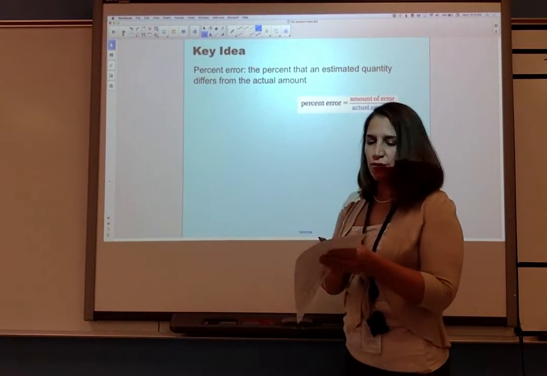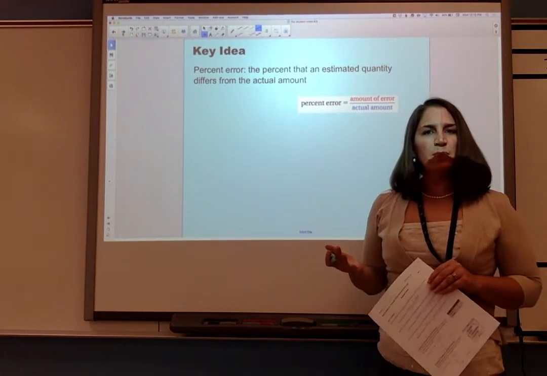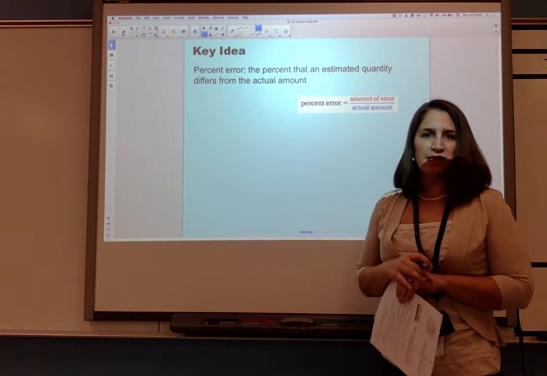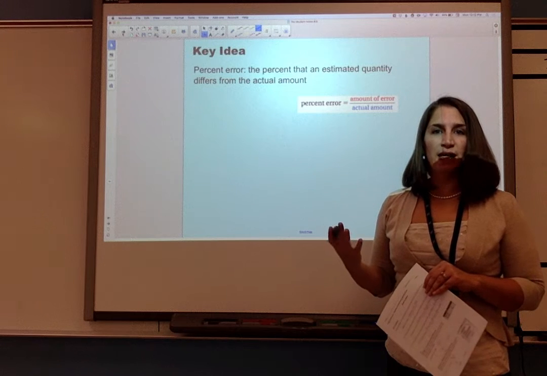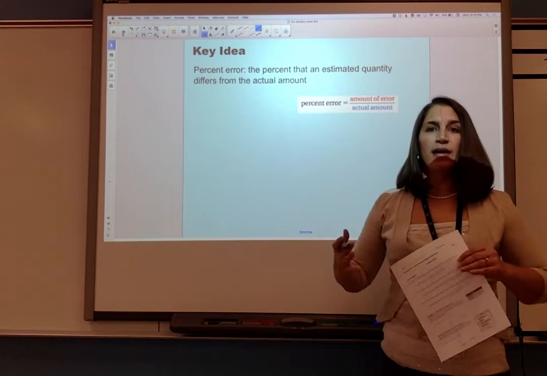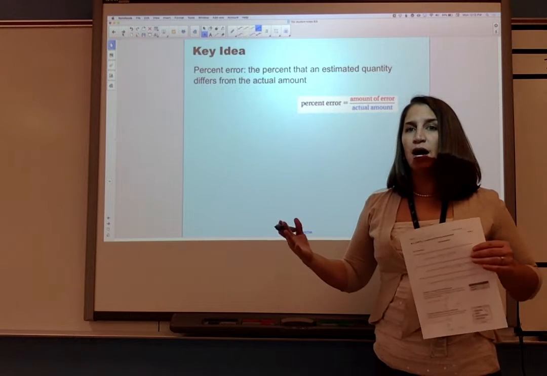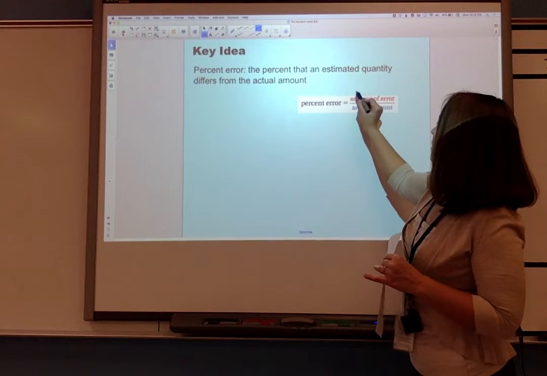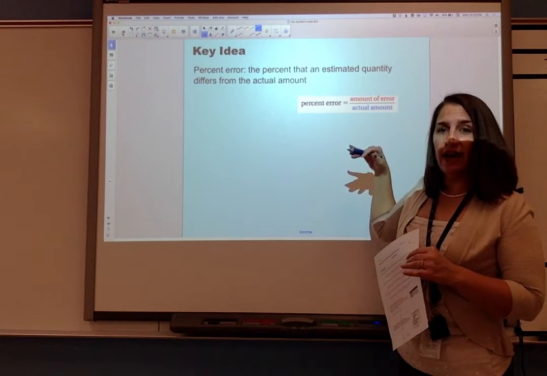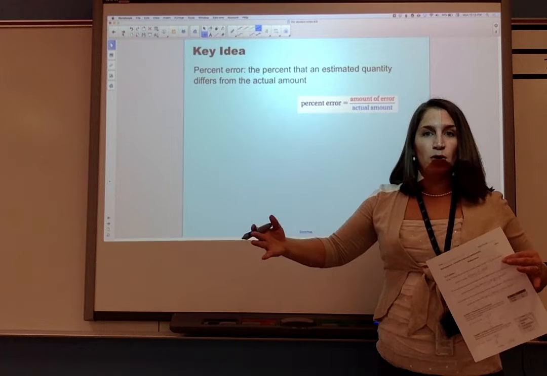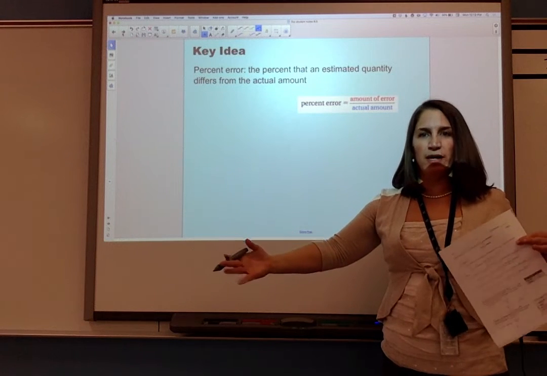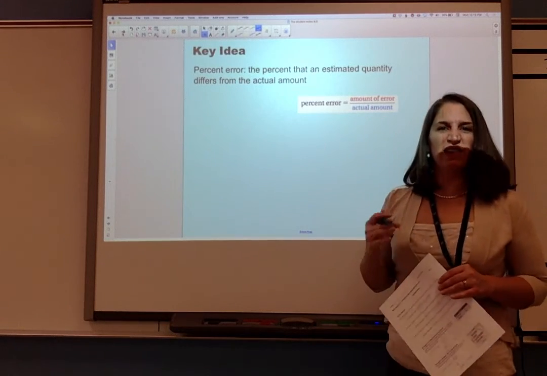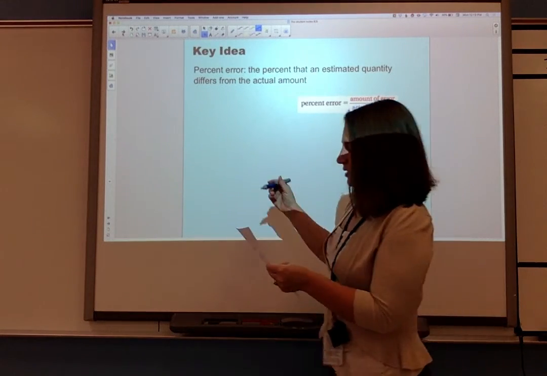All right, let's look at another key idea here, and that's about percent error. So a percent error is the percent that an estimated quantity differs from the actual amount. So let's say you're making an estimation and you're off by 5 feet. The amount of error would be 5, and then the actual amount would be how long this actually was. So maybe something you were estimating was about 20 feet, you were off by 5. That would be 5 over 20. That's how far off you were. Okay, so